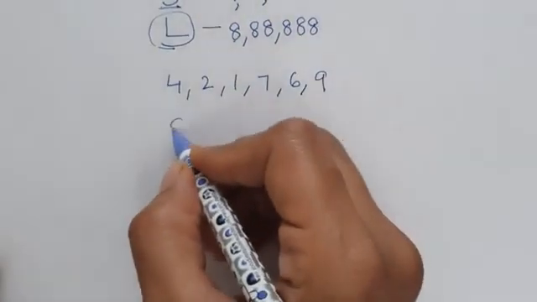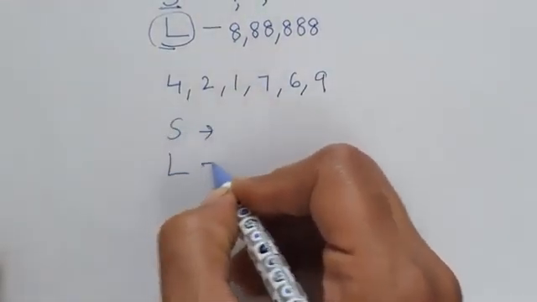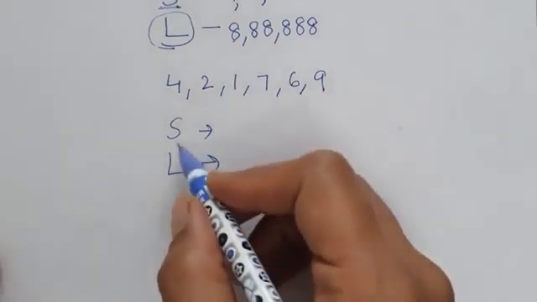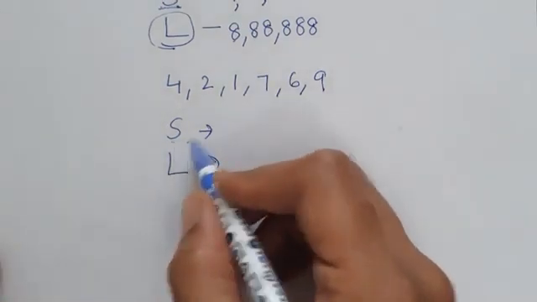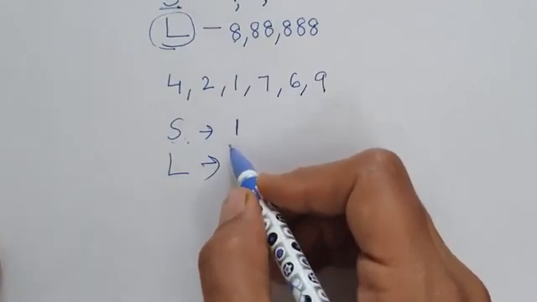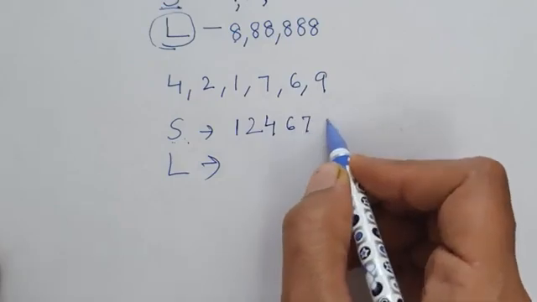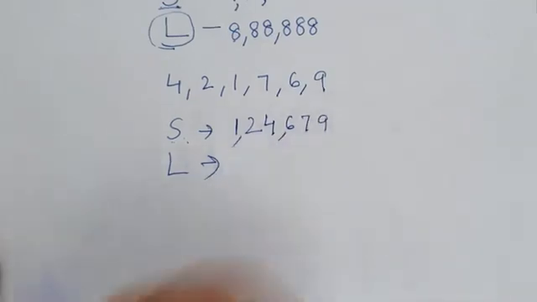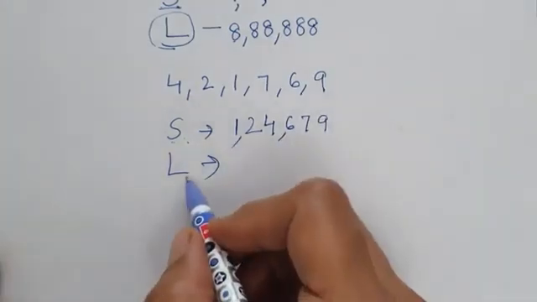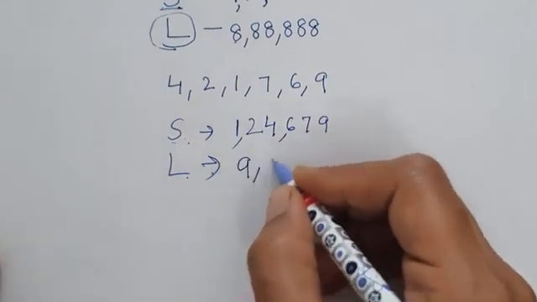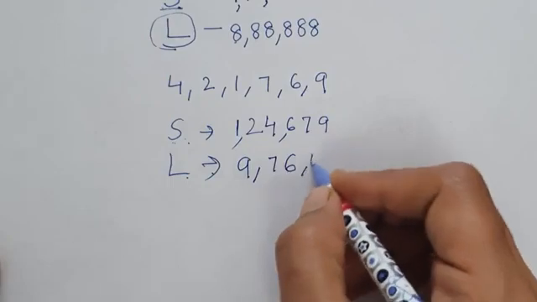Now they are saying repetition is not allowed. Not allowed means you cannot repeat any of the digits. Now let us make the smallest one, starting with the smaller: 2, 4, 6, 7, 9. And now the largest 6 digit number is, starting from the larger: 9, 7, 6, 4,